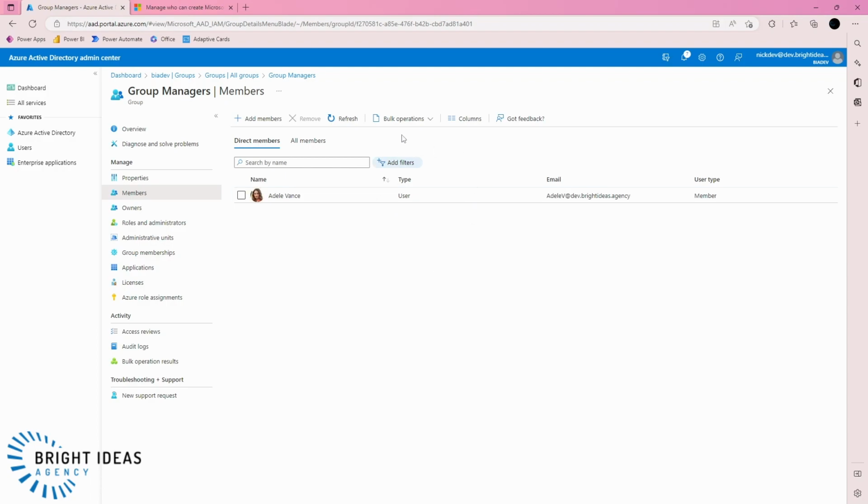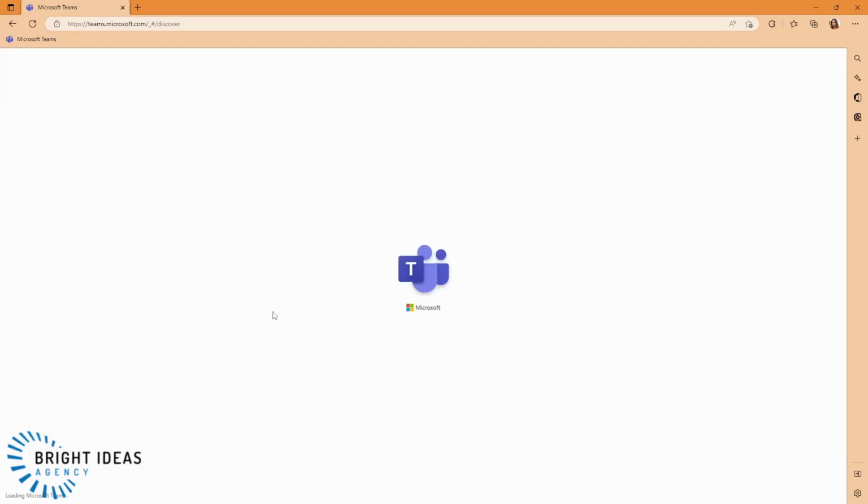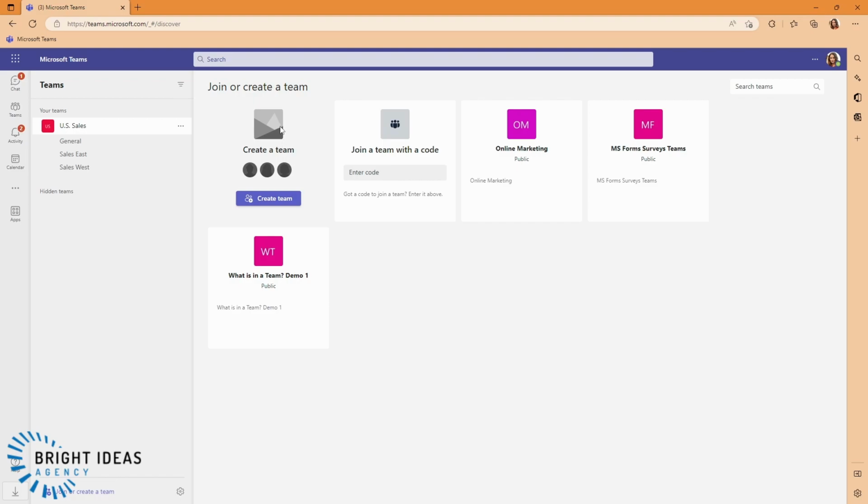And you can see she is now added into the group. So let's jump back into Adele's user, and we're going to refresh this one more time. And you can see that Adele's user account is now able to create a team, even though if we jump back over to Azure Active Directory,